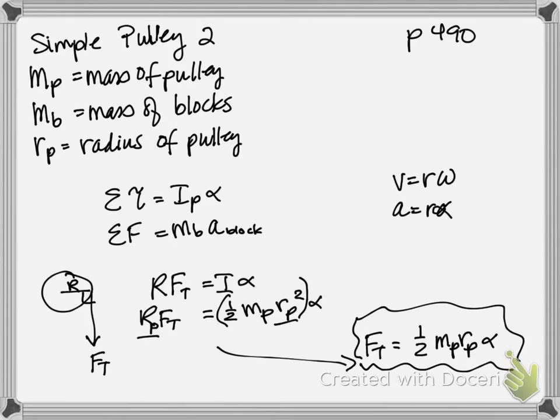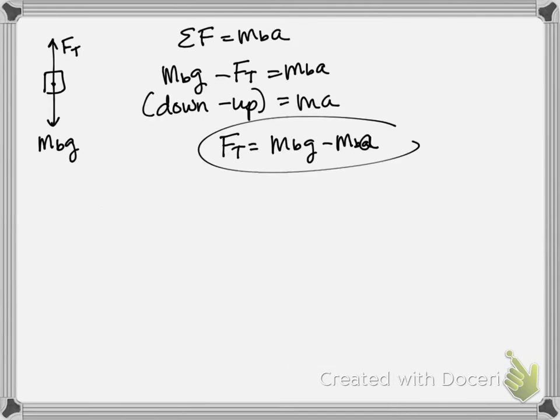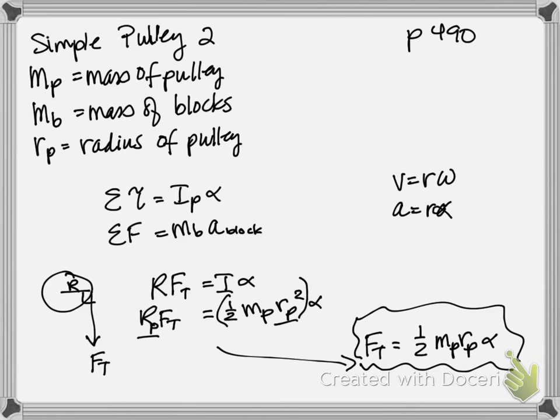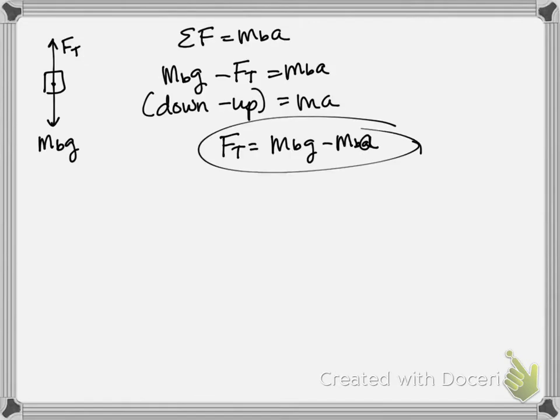I've got 2 expressions for the tension in the rope, so I can set them equal to each other. So that's what I'm going to do. I'm going to go to the next page because it gets messy. My first expression for tension is 1/2 mass of the pulley, radius of the pulley, times alpha. That's right here. I'm going to transfer that. I wish I could copy and paste. There probably is a way. MP, RP, alpha, and that's going to equal my other expression for tension, which is